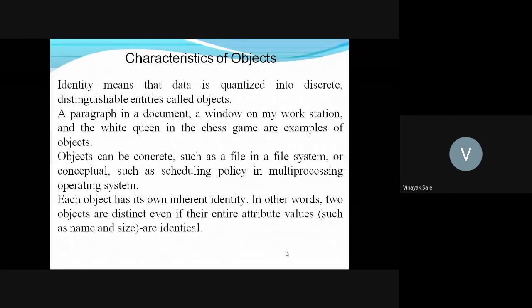These scheduling policies are objects of the multiprocessing operating system. Each object has its own inherent identity. In other words, two objects are different even if their entire attribute values such as name and size are identical. Even if the name and size are identical, they have different identity.